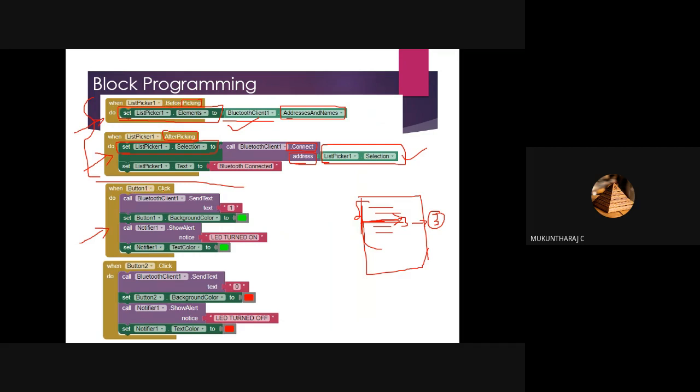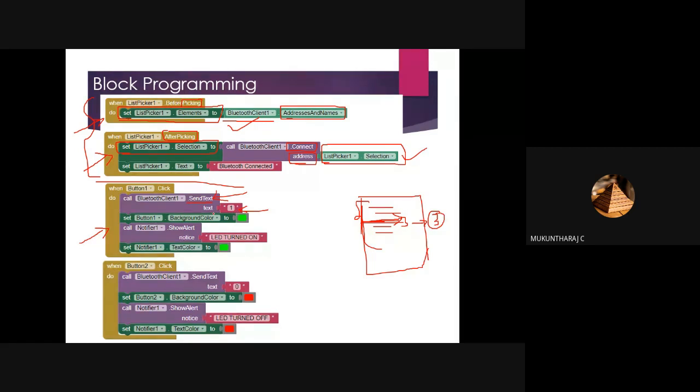When button one is clicked, it needs to send data to my Bluetooth through my Bluetooth client. So here call Bluetooth client 1 send text. What it is going to send is the number one, in the form of text only.